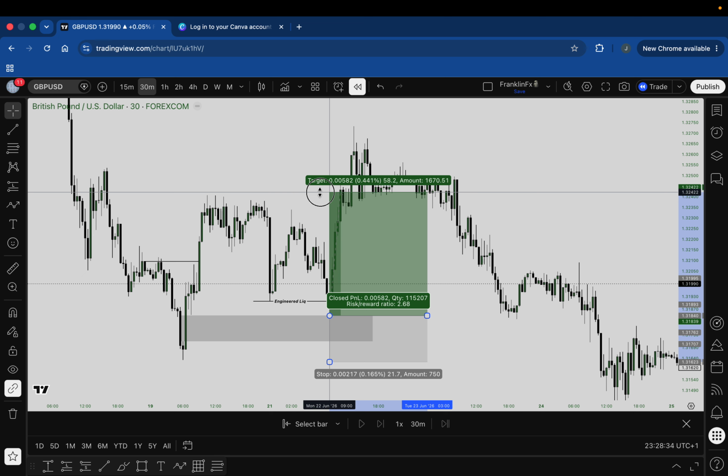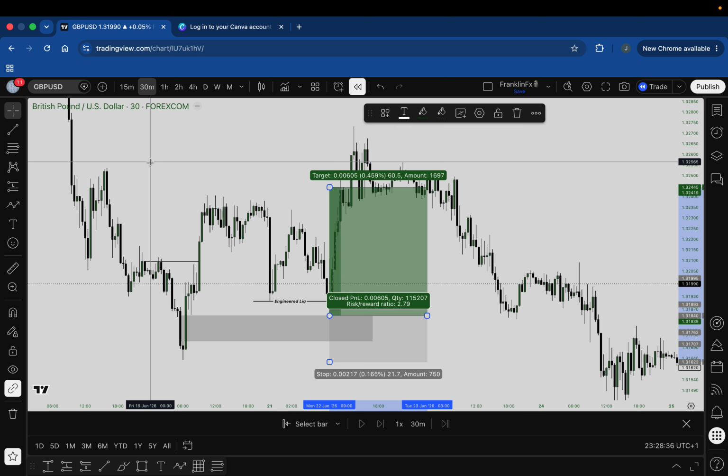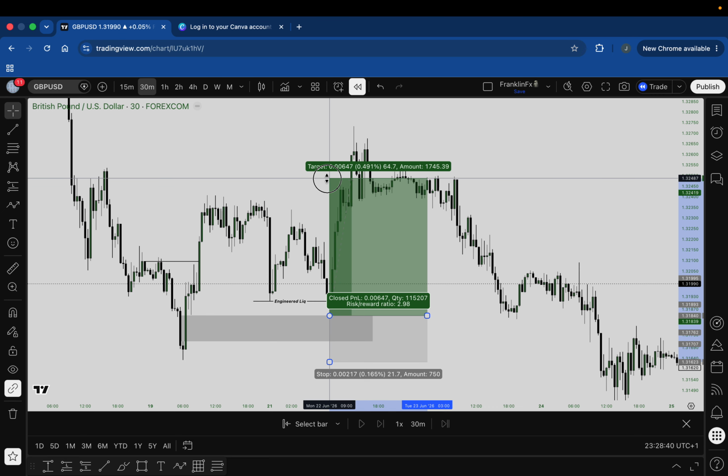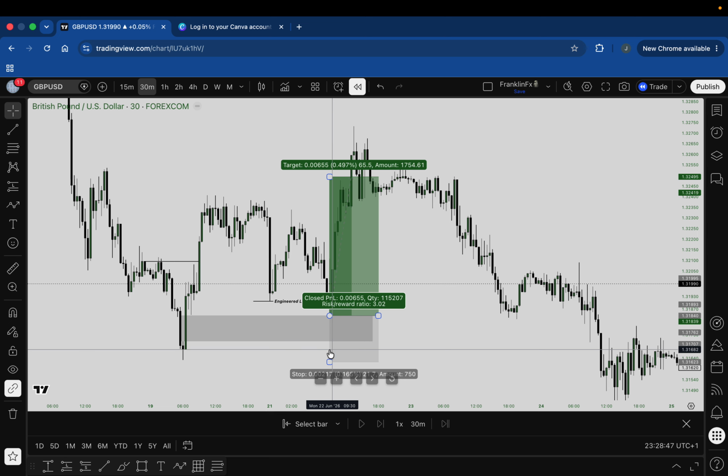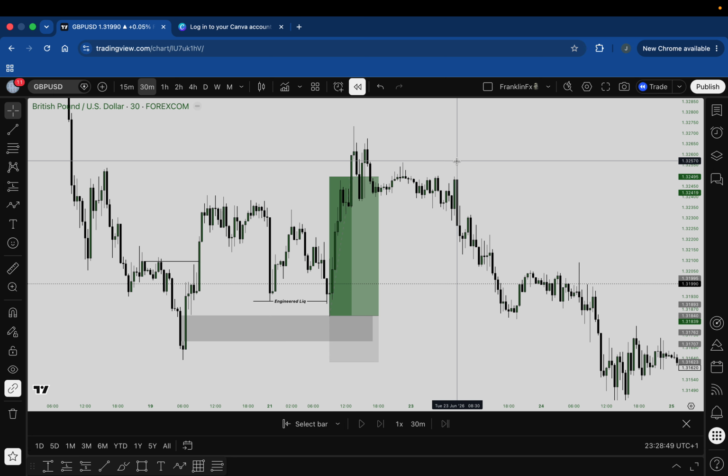Okay, not complete, but there's another one here. As you can see, this particular one here. Okay, not up to it, but I get my 3R, and can you see? Poof, and that is it. If I entered here, let's say I wanted to FOMO, I enter here, keep my SL here, I would have taken an SL in this trade. So this is what engineered liquidity is, a type of liquidity that is engineered just before the main POI.